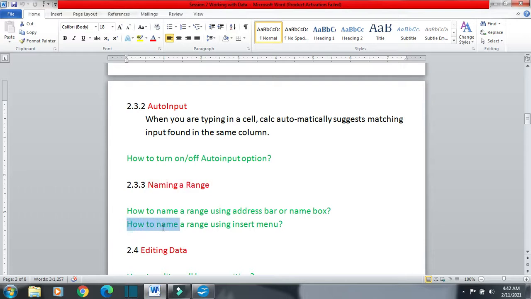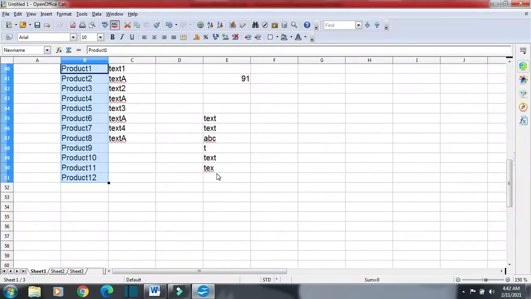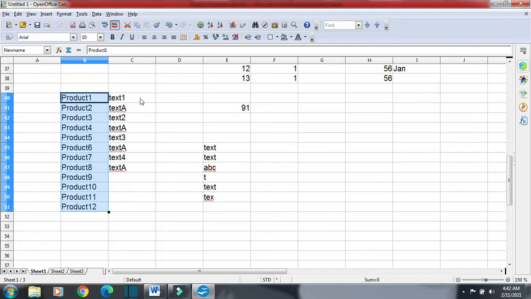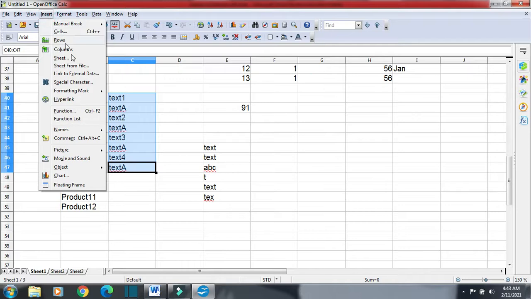Next is how to name a range using the insert menu. We will come here. Suppose I want to name this range from C40 to C47. So now I have to go to the insert menu. I will click on insert, then name, and there we have define.